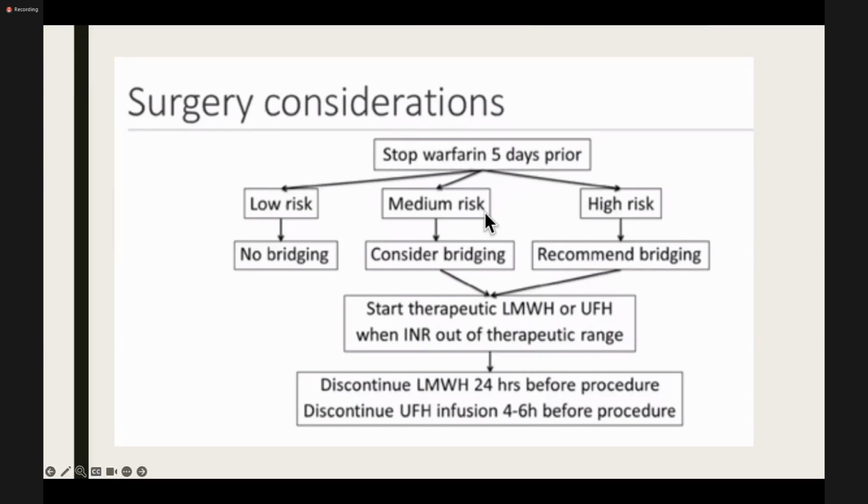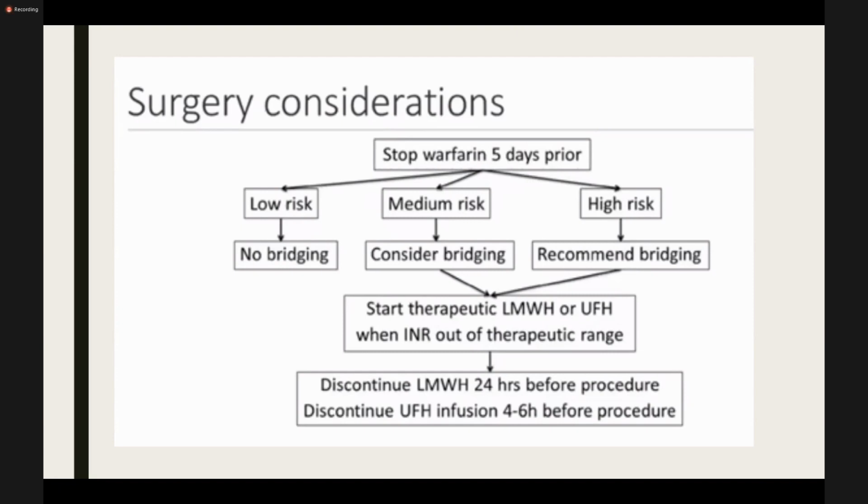If I have a medium risk or high risk surgery, and my patient is on warfarin, I want to stop the warfarin 5 days prior to surgery. The reason is because it takes a long time for the INR to go back to normal. Remember, the warfarin takes a long time to go back to normal, especially when you're monitoring the INR. So the first 2 days, they're still therapeutic. After that second day, which is your third day, 3 days later, you want to start